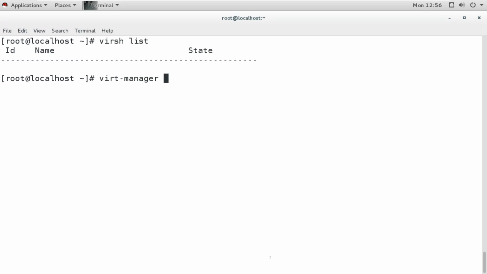The other tool is RHVM, the Red Hat Virtualization Manager. This one is to manage the virtualization. This virtualization manager provides the central management platform for physical and virtual resources.